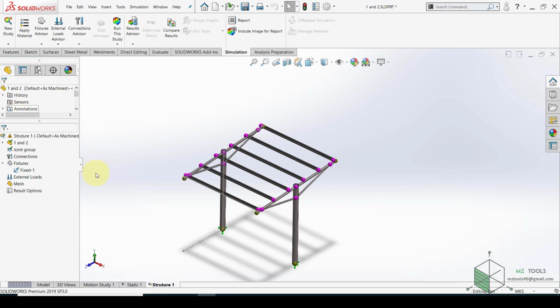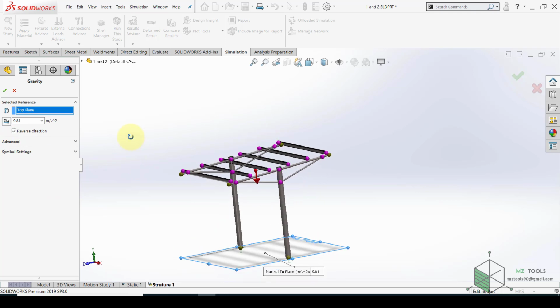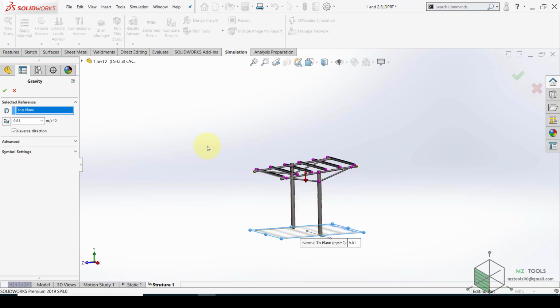Now let's talk about loading this structure. First of all, we need to make sure that this structure can hold its own weight. That's why we need to define a gravity load. So right-click here and select Gravity. Before you hit OK, you need to make sure that the direction is correct. So since we have the top plane here on the floor, then the direction of the gravity will be perpendicular